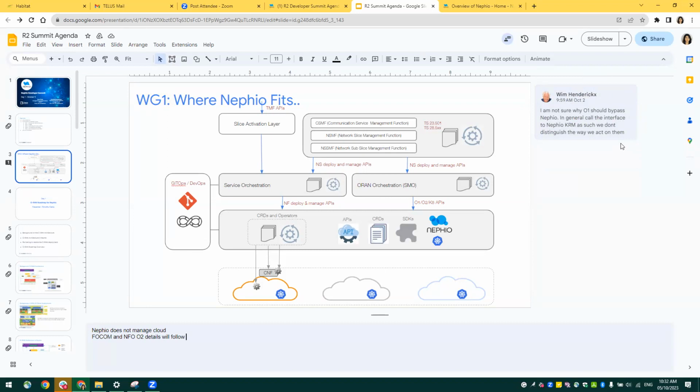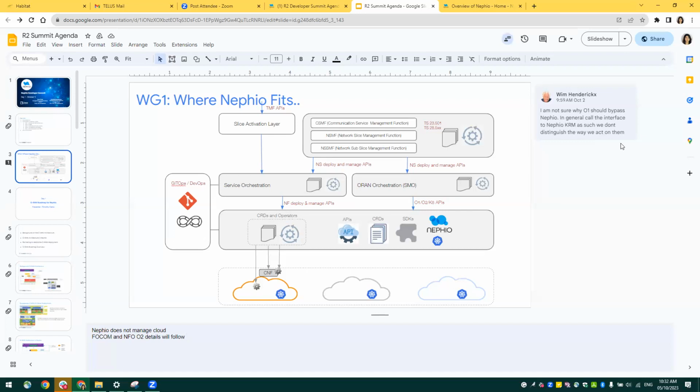Wim, yes and no. I completely agree with you, and now I'm going to go into a bigger debate. I'm working as a service orchestration lead in my organization, and when we look at the RFIs and RFPs of the SMO implementation details from different vendors, in reality they have repurposed the NFO, the network function orchestrator, as the generic VNF manager. They use the same components from their products, and for FOCOM, they use the components of the NFO.